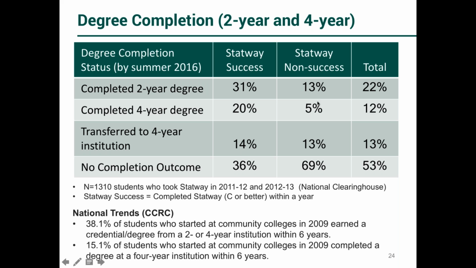So again, it's close. It's a little bit lower than the national average, but again, our Statway students are all students who placed into developmental mathematics, whereas what CCRC is reporting on are all entering community college students. Okay, so